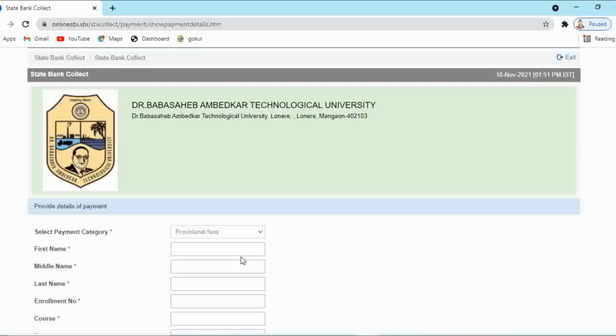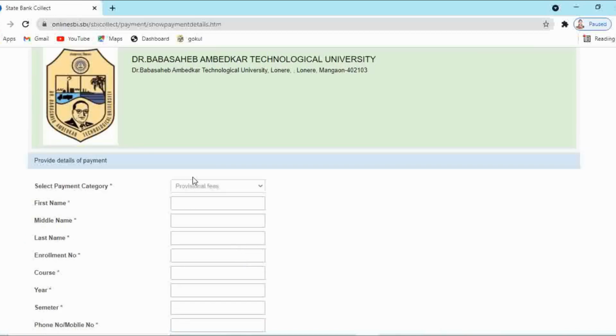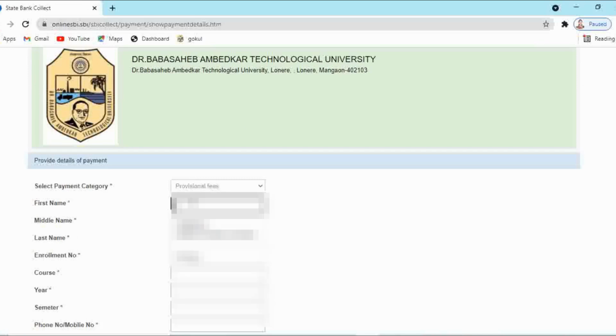So this form will get opened up. In this form, you have to provide the details for your payment. That is your first name, middle name, last name, that is your surname. You have to enter your enrollment number, your complete PRN number or enrollment number. Course, you have to enter.